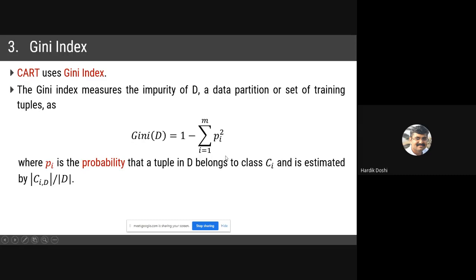Now, over here we want to create a binary tree. So we will always have two branches. We cannot have more than two branches. Always it would have less than or equal to two branches. So how to create that? For that, we first need to create the subsets. Gini index considers a binary split. It never goes for more than two splits. It will always have two or fewer.